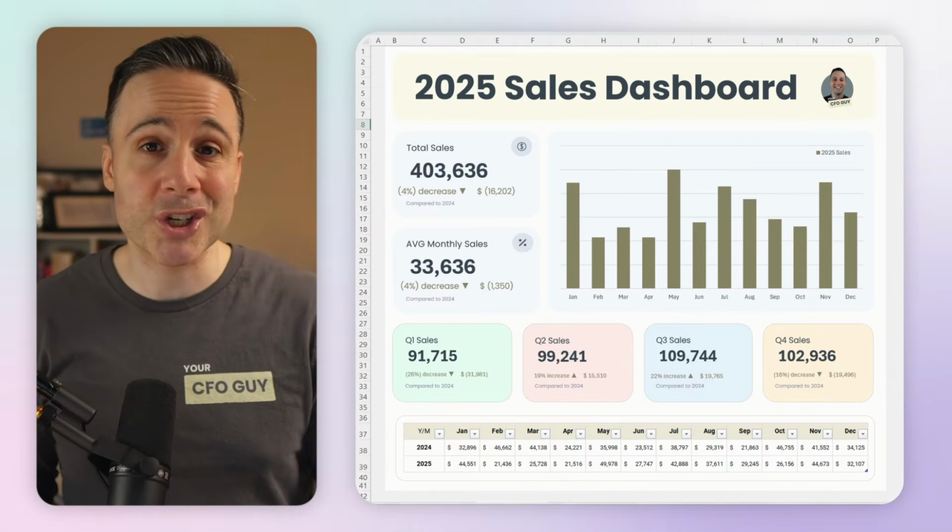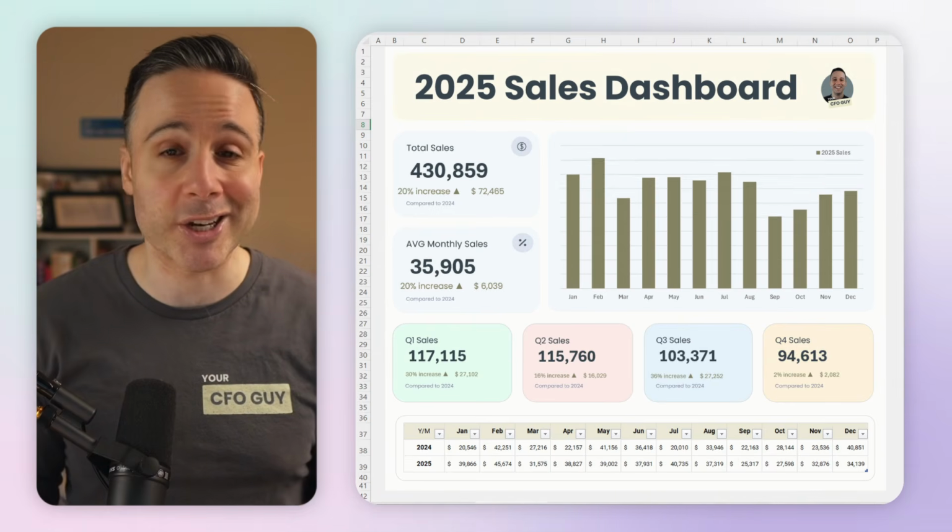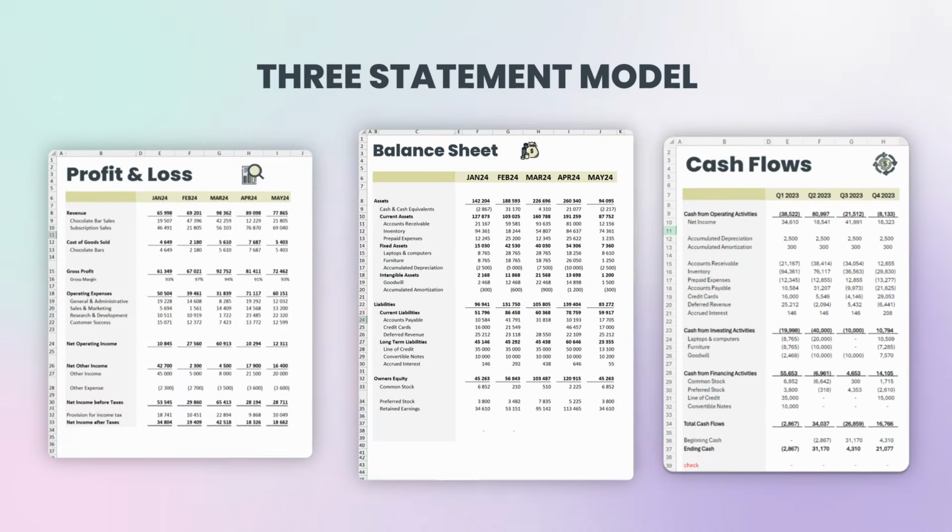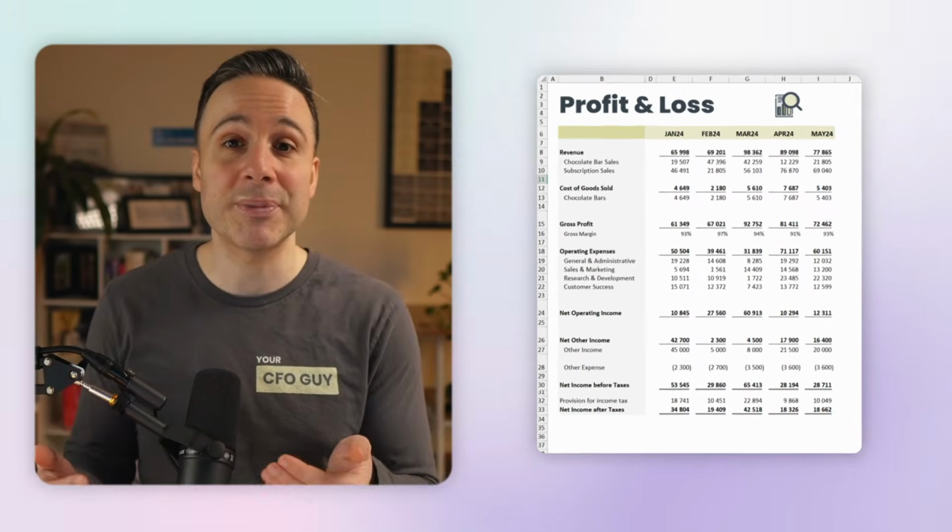So that can mean projections for just a segment of the business, like your sales or expenses, or more commonly, it can relate to projections prepared via what's known as a 3-statement model, which includes the income statement, balance